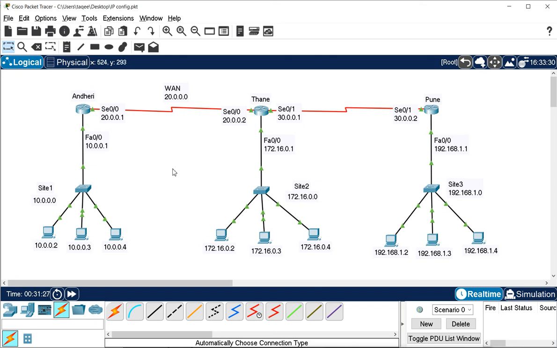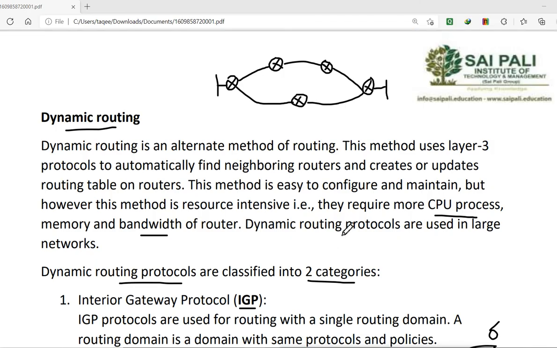Now no matter how big a network we have, we can easily configure RIP because we just have to mention the connected networks. We don't have to mention any other network. The routing protocol and the router will find the path by itself, automatically and dynamically, and that is why it is called dynamic protocol and dynamic routing. We saw how we configure this RIP protocol, and it finds the path automatically.